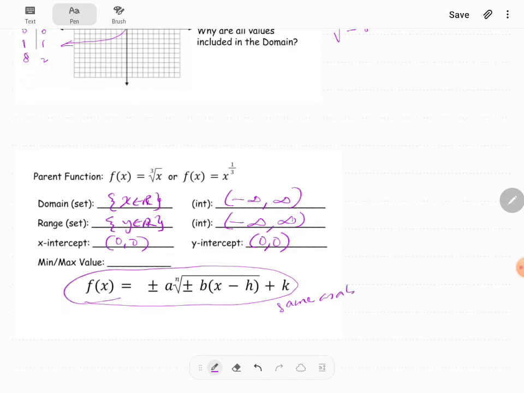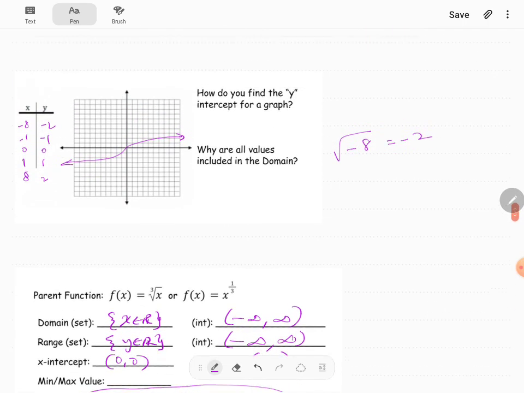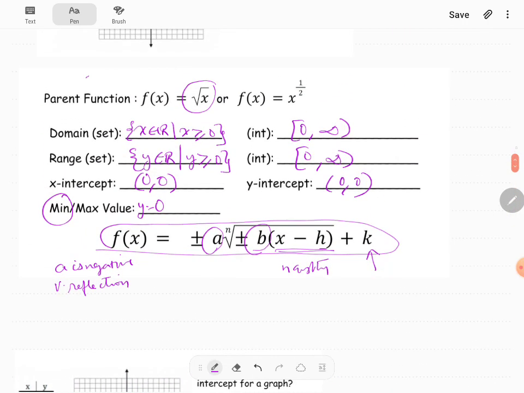I'm going to upload the image of all the transformations in a separate file. Please check that out. So this is what we did on the first day of this unit,